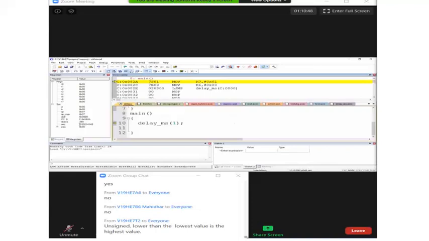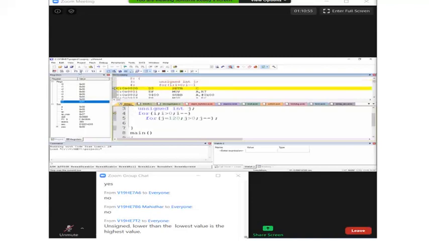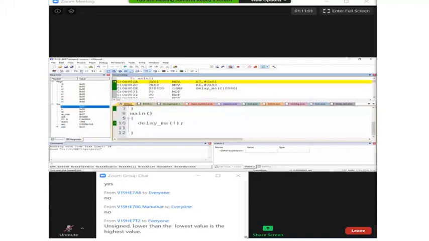Now see, before is 389, and whenever delay completed, see, it is taking 1764. 1764 it is taking. 1764 minus 389.